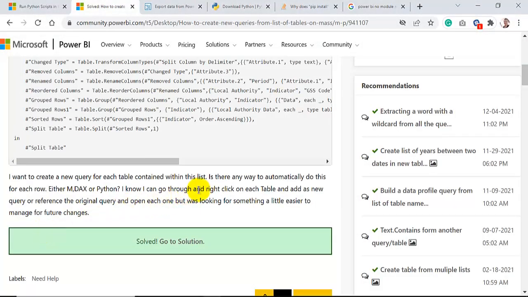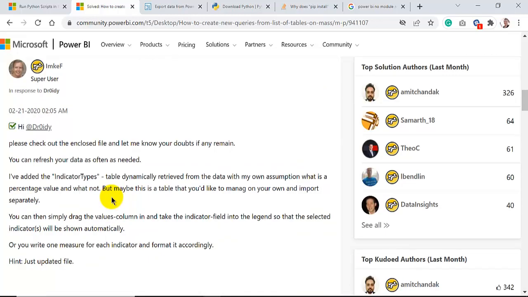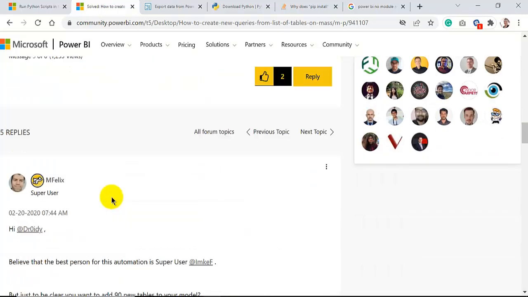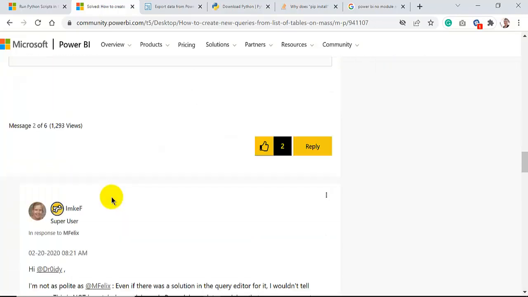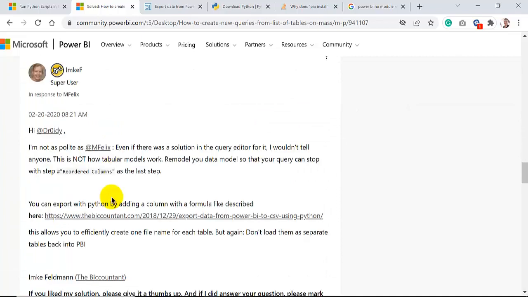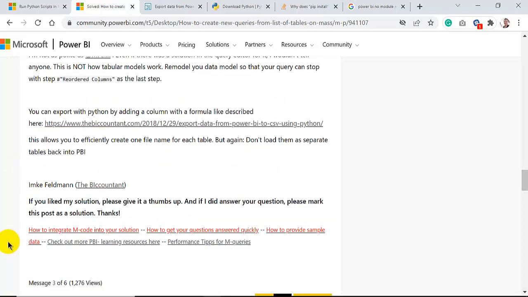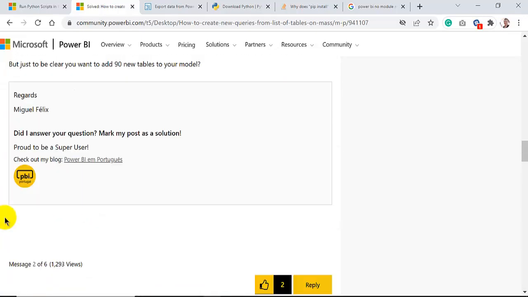So I know I can go through right click. This is what I just showed you. But the solution is something to do with, did you say that? Oh yeah, you can export. Well, anyway, I'm not sure this is the way, but that will cause me to learn